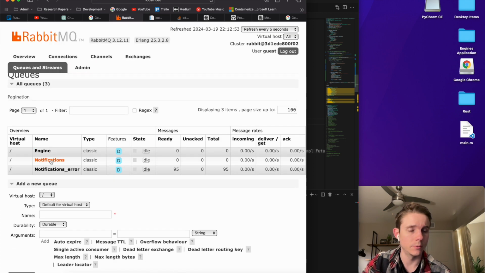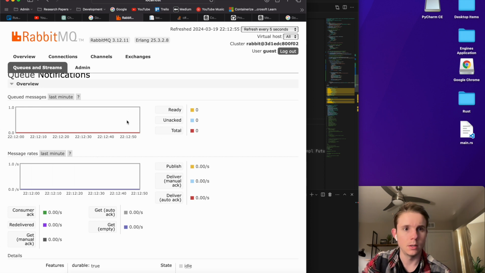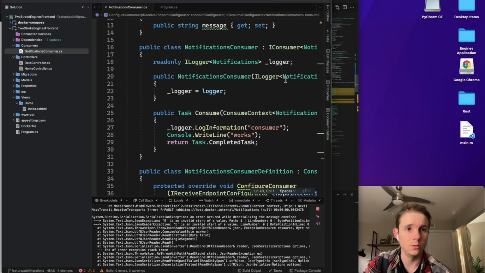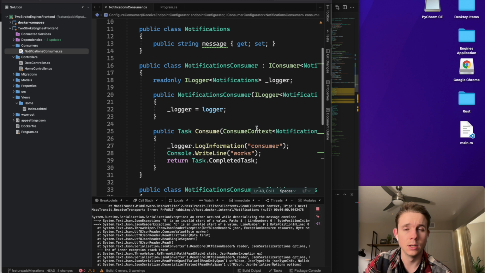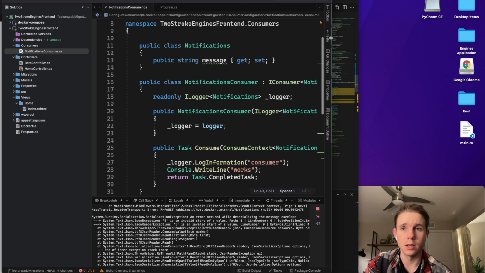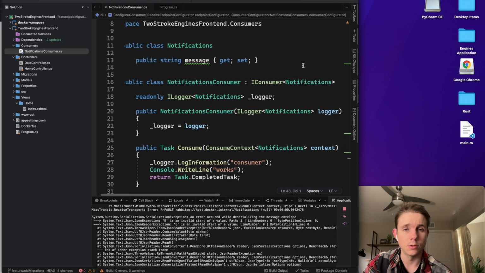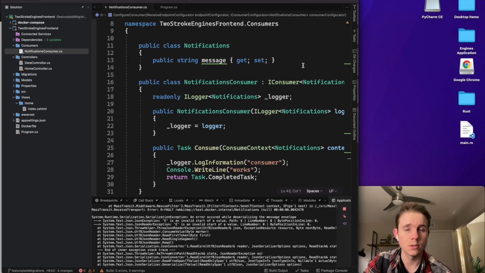So I have the notifications queue set up, and you can see that I have no unacknowledged messages, and I have none in ready status, because they've already been read by my front end. And I'll show you how I did that. So I registered a notifications consumer, and again, I'm using the MassTransit library to connect to RabbitMQ. And so I registered my consumer of notifications, and